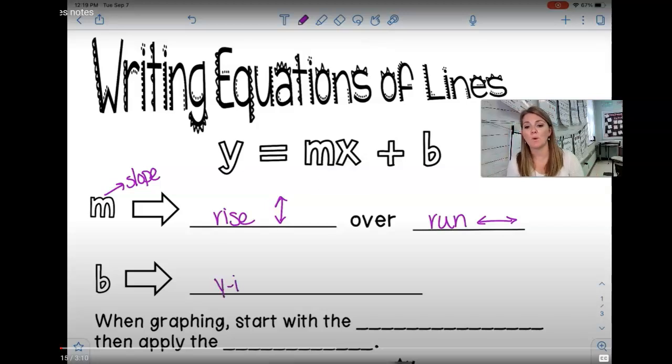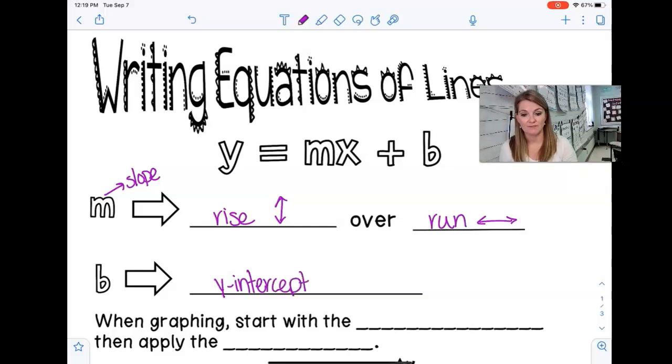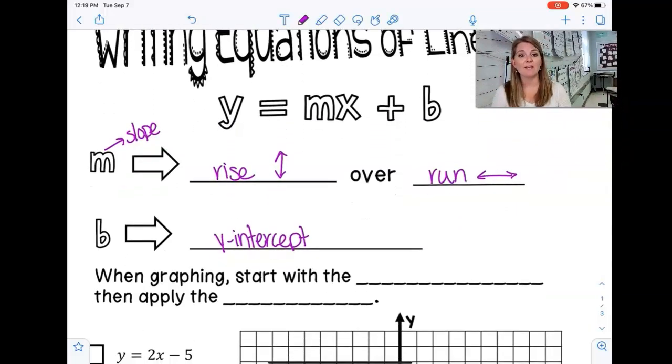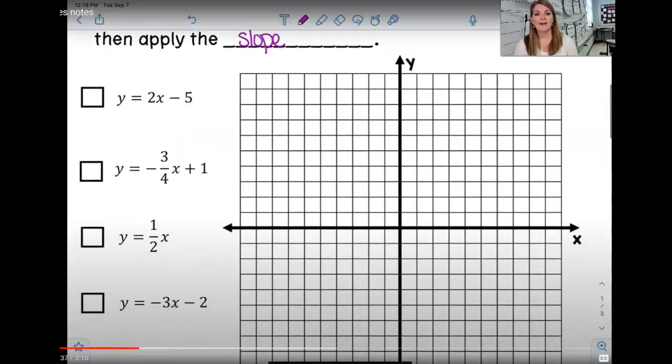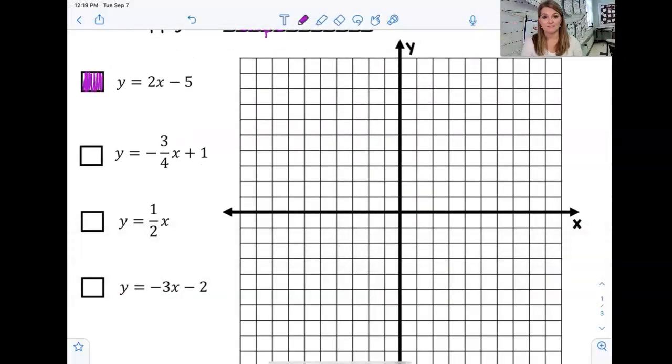Your b is your y-intercept, okay? That's never going to change. That is your y-intercept. And then when graphing, you are going to start with the y-intercept and then apply the slope. So I have this graph here with lots of different equations, and I'm going to pick colors for specific equations. So this first one, I'm going to pick purple,